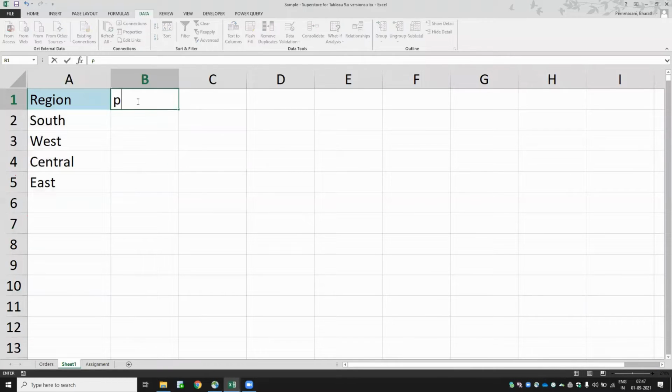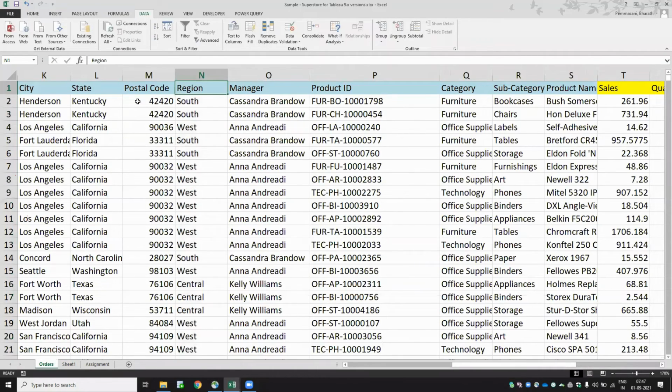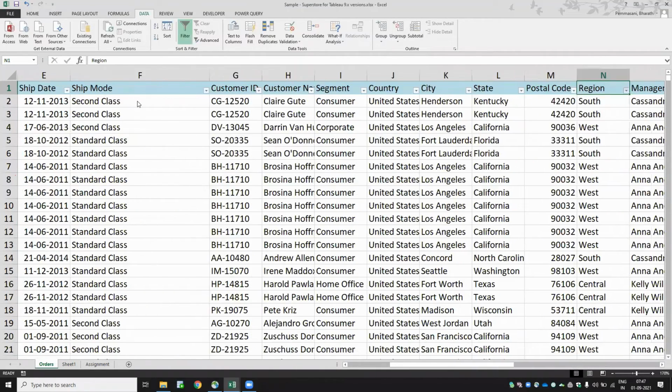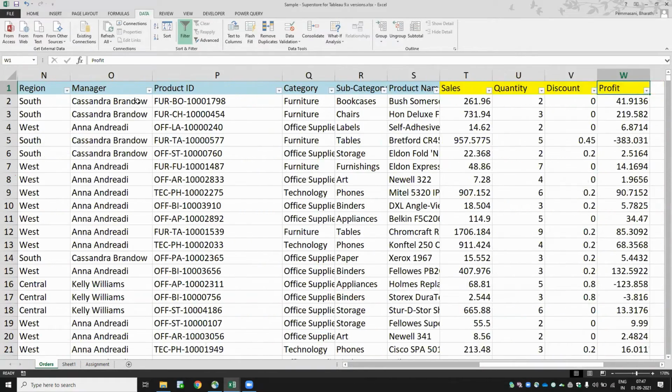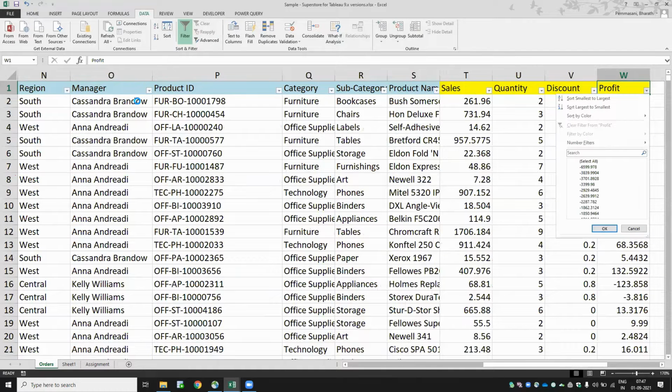Now I wanted to see the profit. Here in region, we have only 4 criteria: central, east, south and west. I wanted to find the profit for each of these.